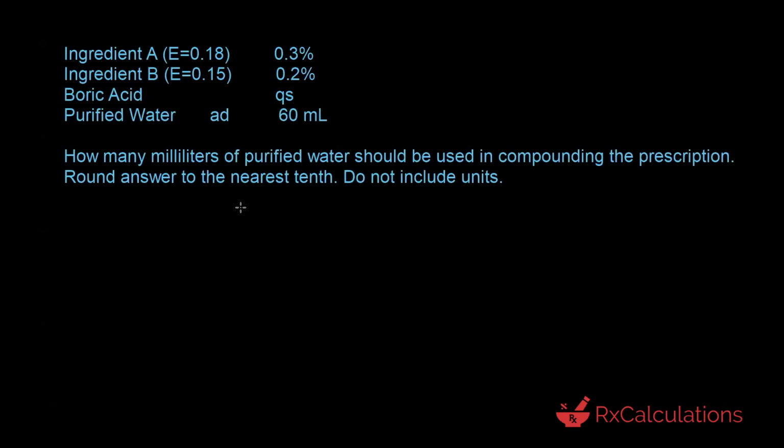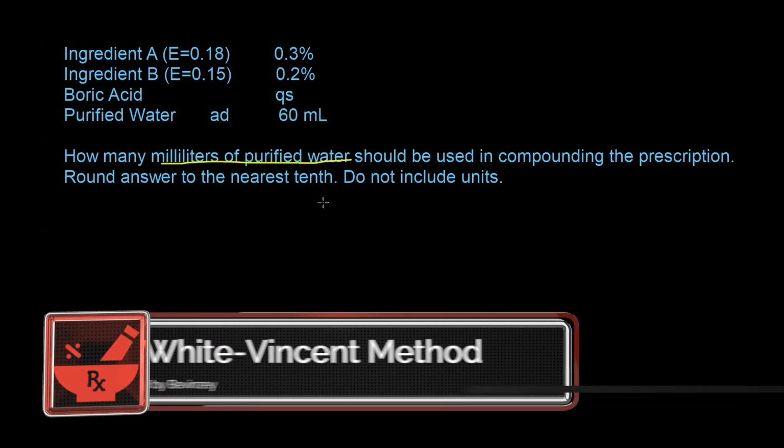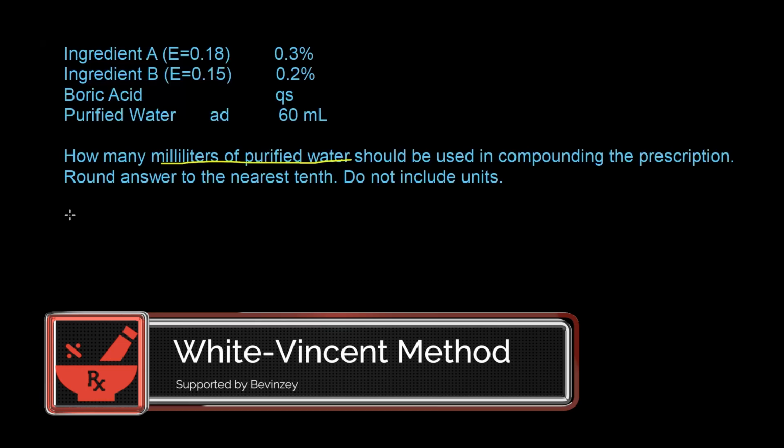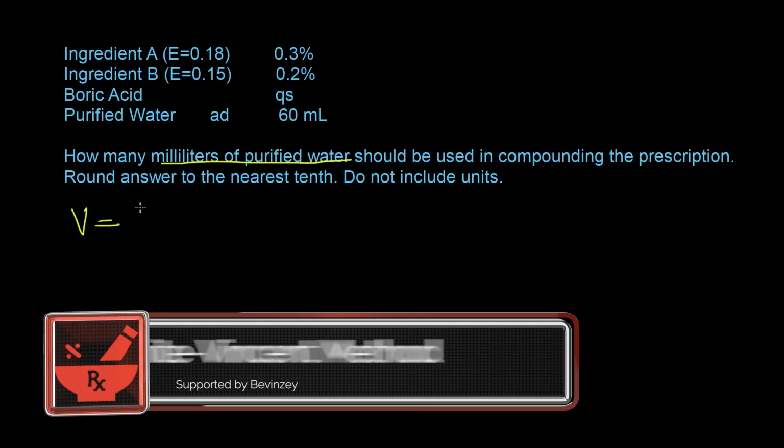So here the question is presented and it says how many milliliters of purified water should be used in compounding the prescription. Round to the nearest tenth, do not include units. So as a general rule, when you see a question asking for the volume of purified water or the volume of isotonic buffer that is needed, then generally you're going to be using the White-Vincent method. And the equation for that is V, which is volume, is equal